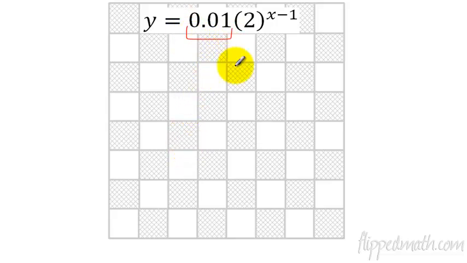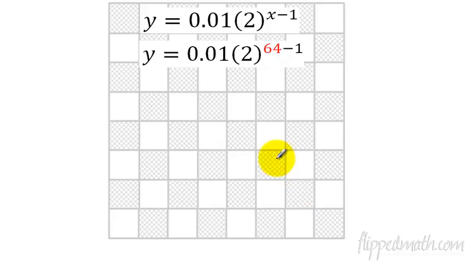There was 1 penny that we're starting with on the first square, and we're doubling it. Now this x minus 1, don't worry too much about it, but the x represents what square number we're on. If we plug in a 1 here, that would be the first square, because we're not doubling it yet, so we need this to be a 0, so we haven't doubled it. On the second square, we're doubling, so don't worry too much about this. Here's the formula. If we then plug in 64, because there's 64 squares,